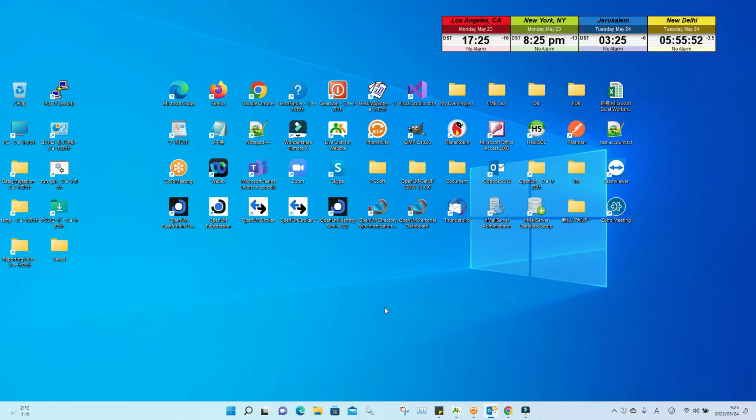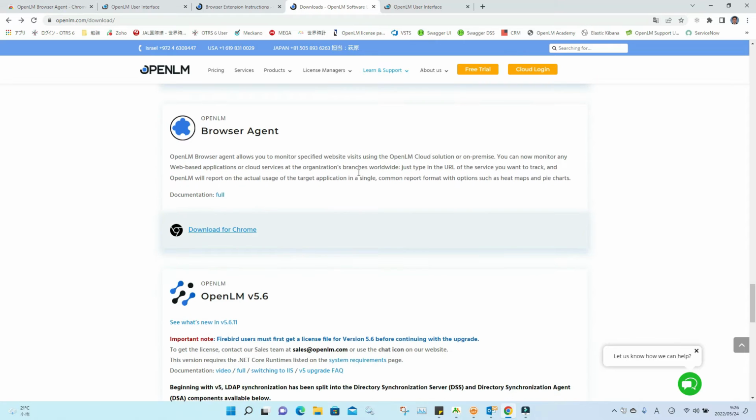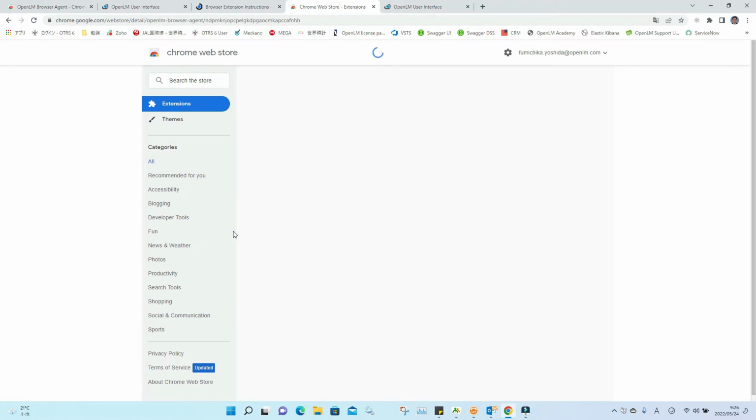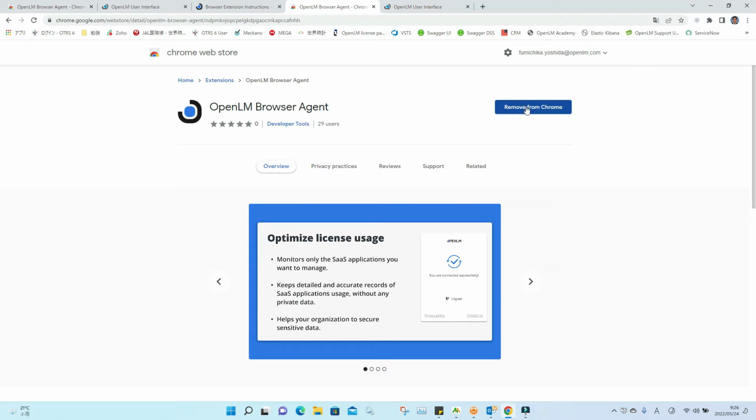we have a browser agent, and the purpose of developing the browser agent is that some of the clients don't want to install an agent, and some of them would like to only monitor the browser domain URL. So that's why we created the browser agent. If you go to the download site, we have a browser agent, and then go to the download for Chrome. And then as an admin, you can add this extension, and then